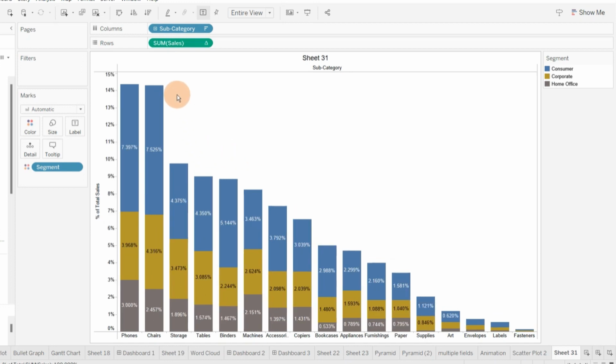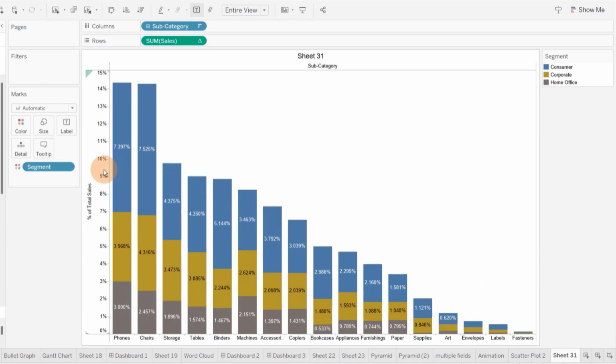By default I get the percent of total computed as table across. So in the whole 100%, I am able to see 7% contribution is for consumer segment from phone subcategory, 7% is from chair subcategory. That I am able to see through table across.